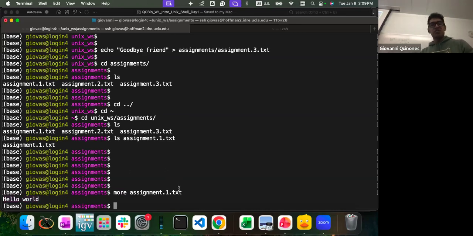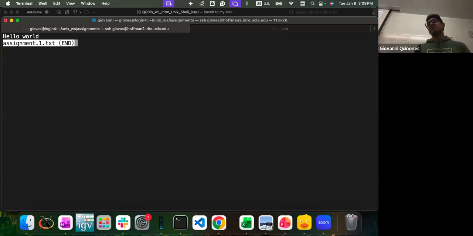Okay. Now, this is one way of reading a file, but of course, what if your file has thousands and millions of lines, right? You don't want to print everything and then scroll wherever. The alternative to more is less. So I'll do the same thing, less assignment 1. Now, you see this is a little different. Instead of printing into the same command line, it now takes me to this screen where it's completely empty, and it only shows the content of the file.